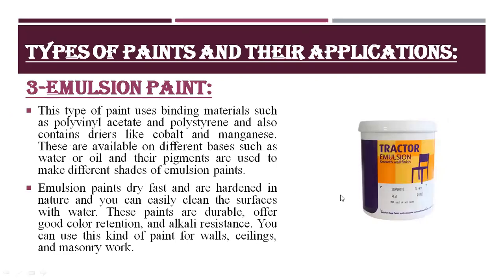Third type of paint is emulsion paint. This type of paint uses binding materials such as polyvinyl acetate and polystyrene, and also contains dyes like cobalt and manganese. These are available on different bases such as water or oil, and their pigments are used to make different